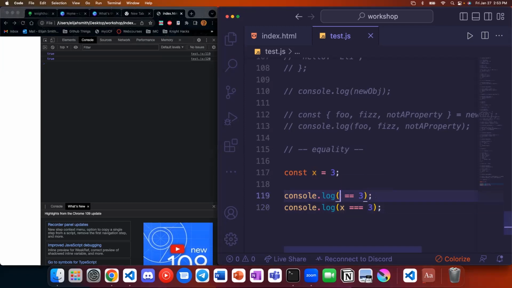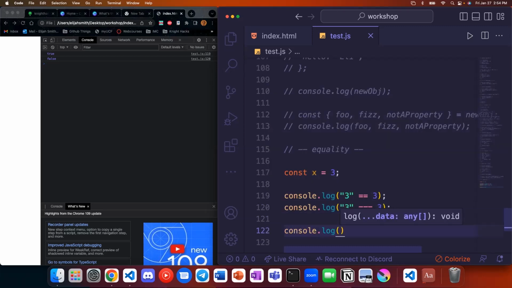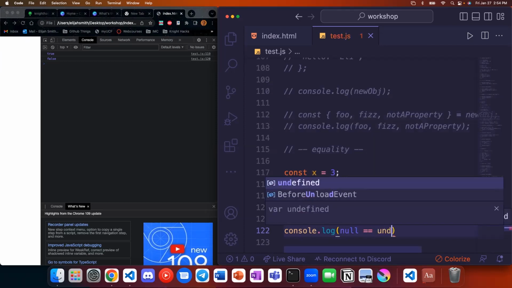If I change this and I make this a string 3 instead, the first one says true and the second one says false. Double equals is loose, which means it'll try and coerce the type into something else if they don't match, and then compare, which leads to a lot of things that you would not expect to work. Triple equals means strict equality. They have to be exactly the same thing in order to have a value of true, which is usually what you want. But there are cases where you would want to compare two things without having to manually change it yourself.